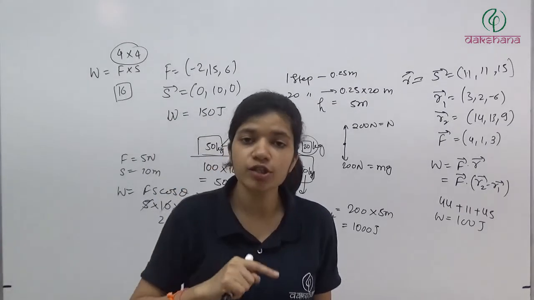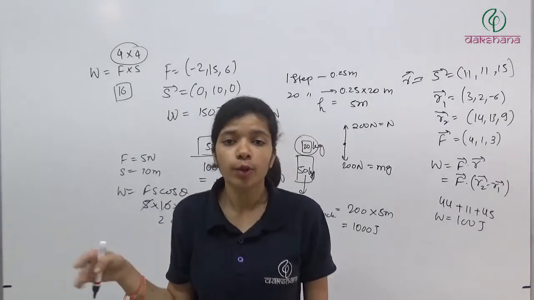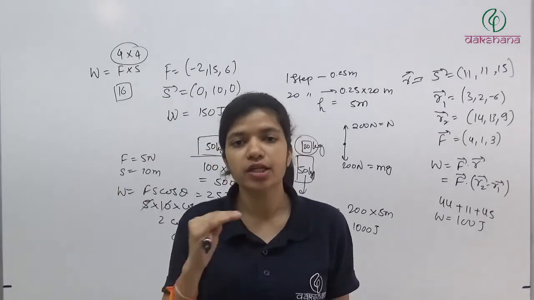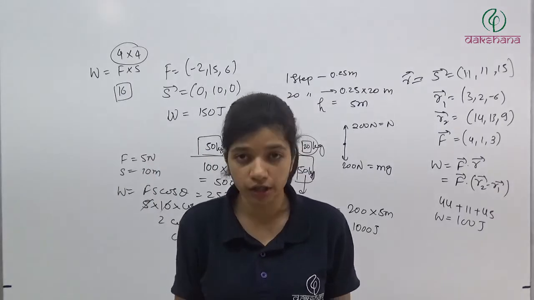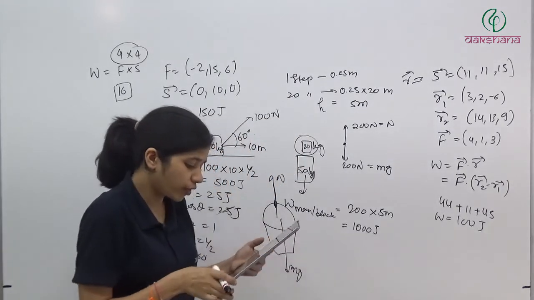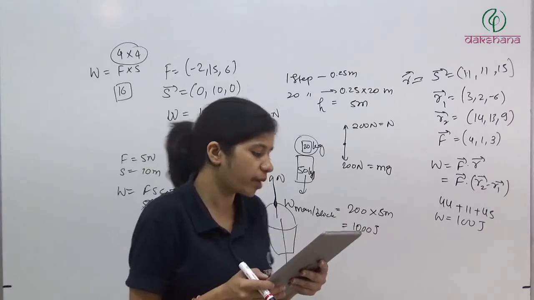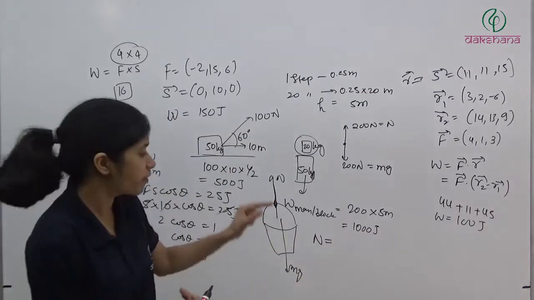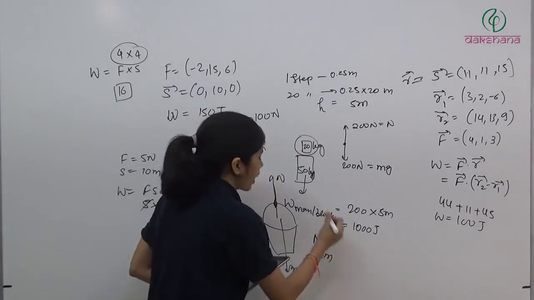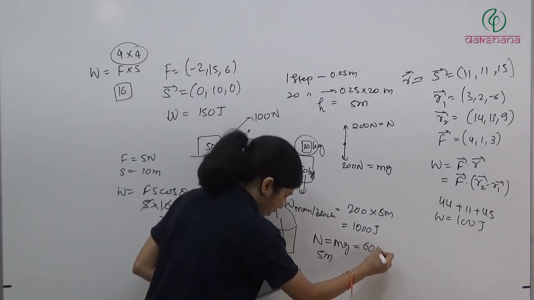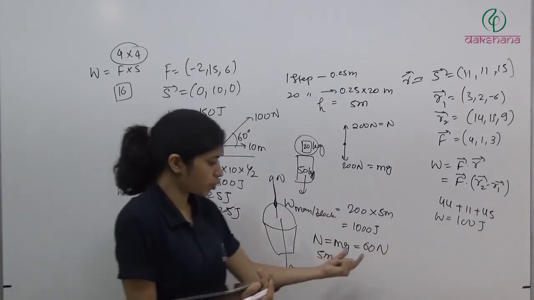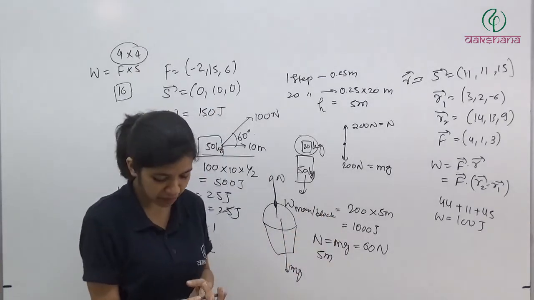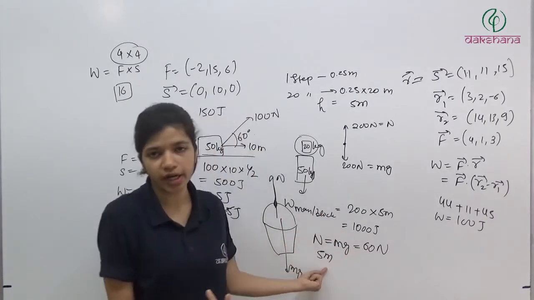So whatever displacement he is doing in horizontal direction has nothing to do with work, because the force is in vertical direction and displacement in horizontal direction, then work done will be 0. But if there is a displacement in vertical direction, then work done should be there. So he is moving in horizontal direction by 7 meter and in vertical direction by 5 meter. So we have to deal with only the displacement in the vertical direction, which is equal to 5 meter, and here normal will be equal to mg, and mg is directly given 60 Newton. So 60 Newton is the force applied by the man on the bucket, and displacement in the direction of force is 5 meter. So we will have force into displacement. 300 joule is the answer.